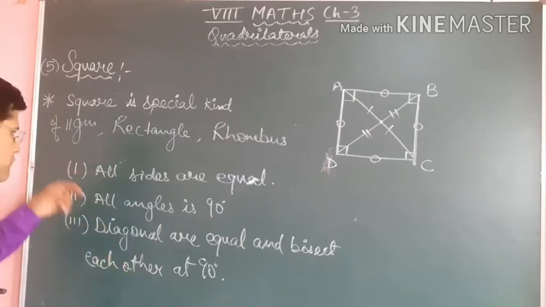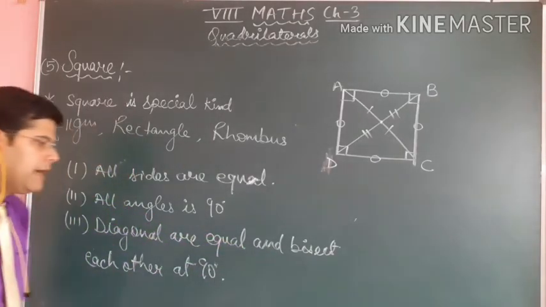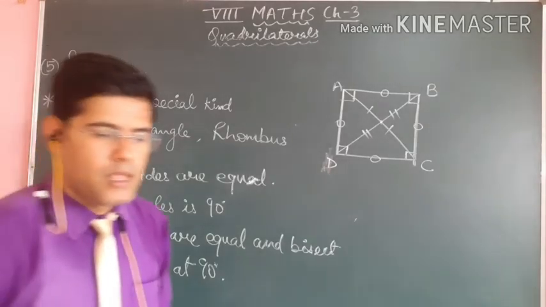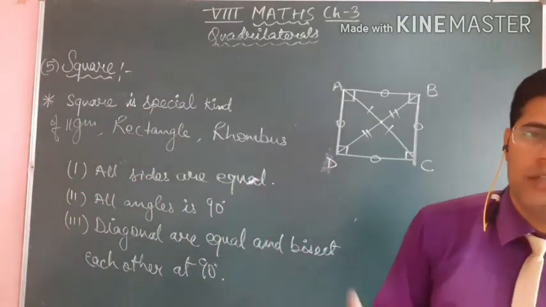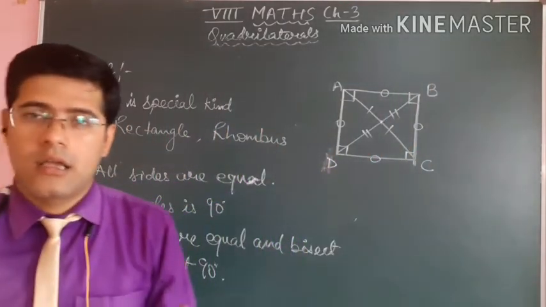If we talk about all the properties, the first one, all sides are equal. It will resemble all the properties of sides. The opposite sides are equal, adjacent sides are equal, opposite sides are parallel. Now, all angles of 90 means opposite angles are equal. The sum of adjacent angles will be 180 already, because when we take two angles, it becomes 180. When we talk about diagonals are equal, that is in rectangle. They bisect, that is in parallelogram, and each other at 90, that is in rhombus. It means in this square, all the properties of the quadrilateral merge. Okay, so we can call the square the king of quadrilateral.